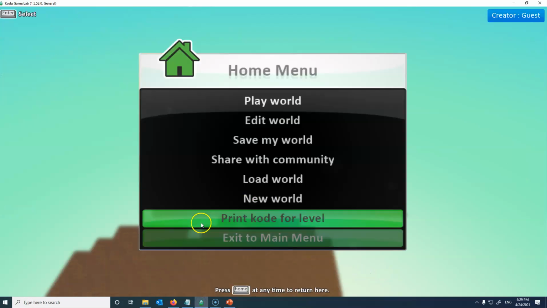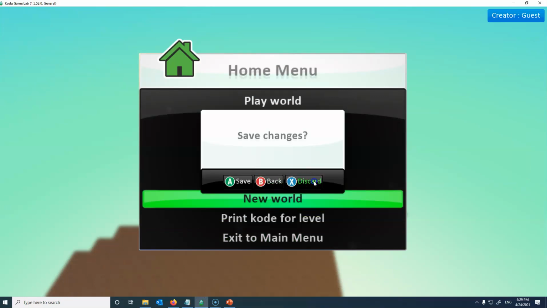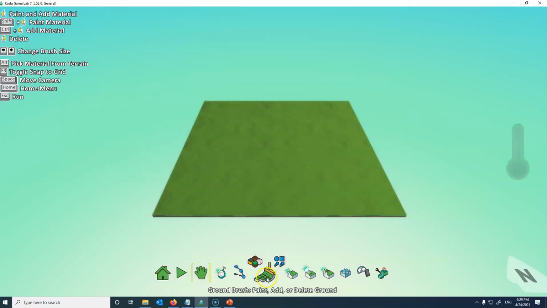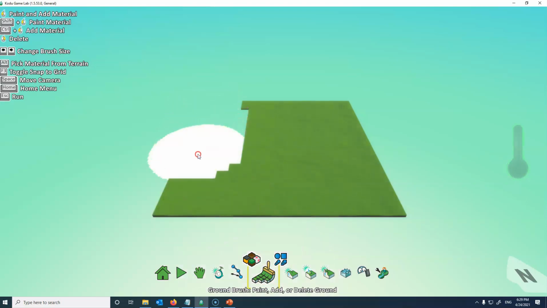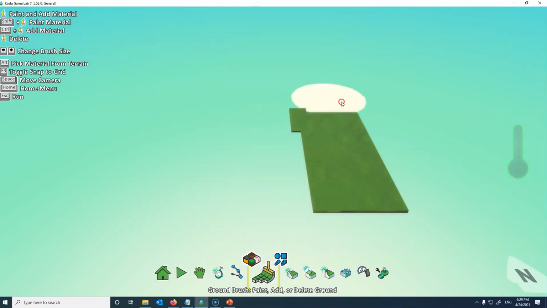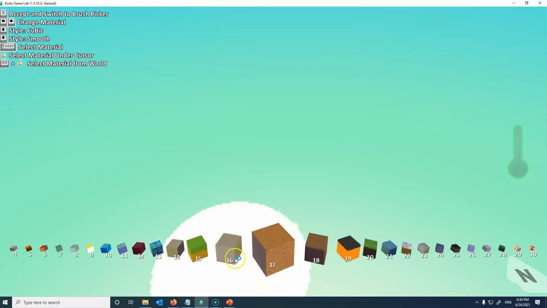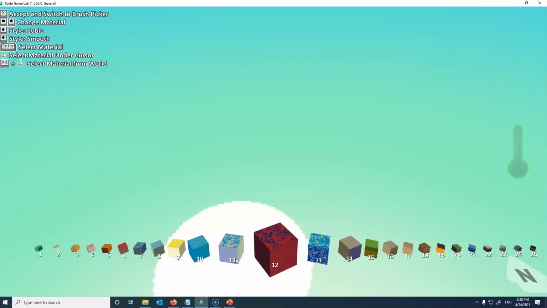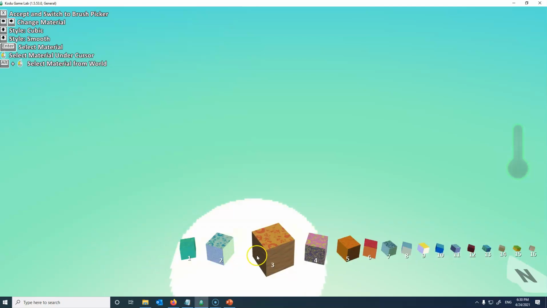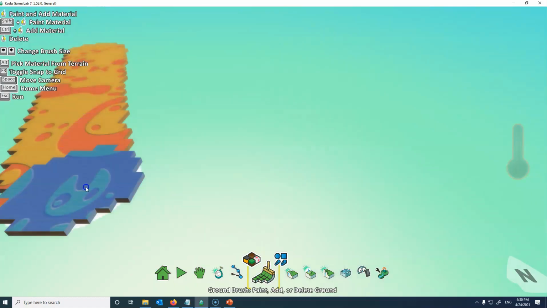And we're going to create a new world. So we're going to click new world and go to blank screen, and I'm going to click on the icon at the bottom for adding or deleting a ground. So I'm going to delete with the right mouse button like so, and then we're going to select again. We're going to choose a different color. So I'm going to click on the top left corner and let's choose one of these. I could use the arrow keys to select different ones. I'm going to select this one here, and I'm going to create a little racetrack